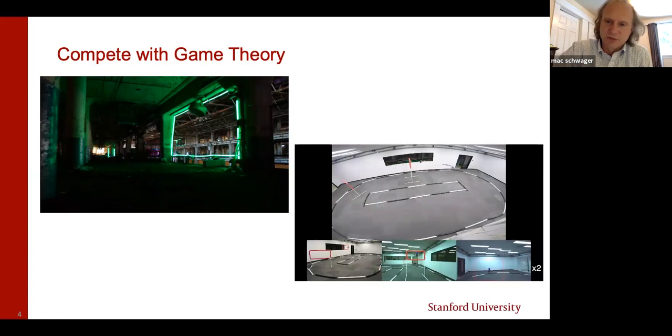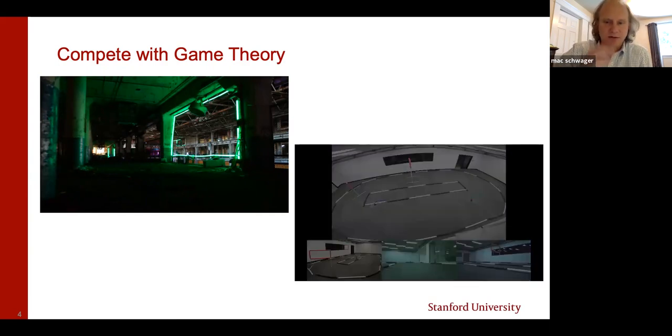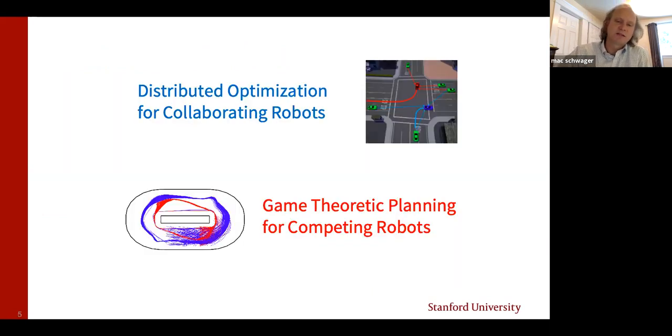We've implemented this in drones in a little autonomous drone racing competition that you see in this video. The drone with the little green path is using our game theoretic planner, and the drone with the blue path is using a more standard MPC planner. And you can see here that we beat the tar out of the other drone. That's the idea. Now, this was what's called a zero-sum game, which means that my gain is your loss. It's an overt competition. But I'll talk about other methods that we've developed, which are not zero-sum games, which are general-sum games, and those come into play in autonomous driving, where you're not trying to beat the tar out of the other guys on the freeway.